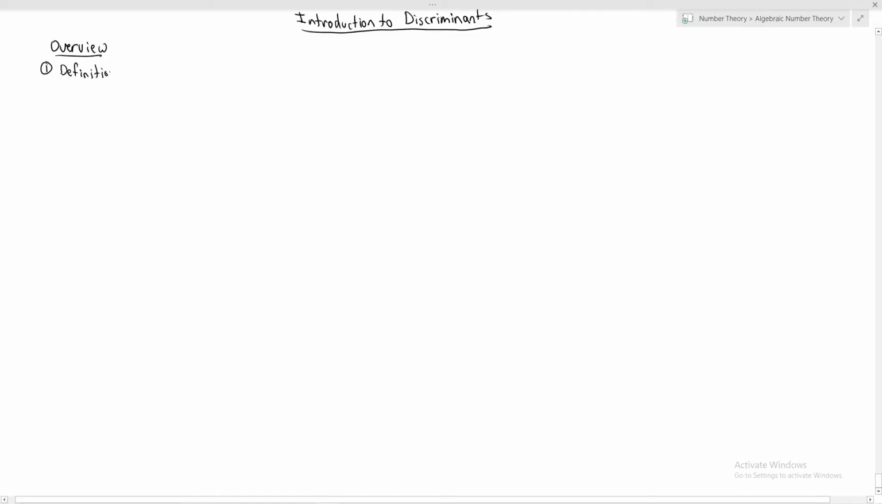So we're going to introduce this trace bilinear form. And we're going to introduce the discriminant of this bilinear form. Okay. And the second thing is we're going to prove a proposition which tells you how to use, this is one of the main reasons the discriminant is useful, how to use the discriminant